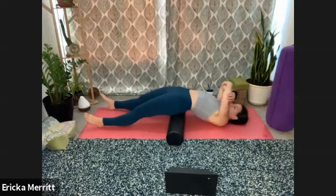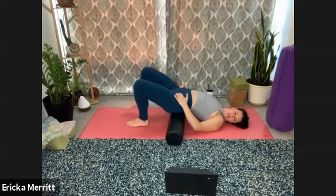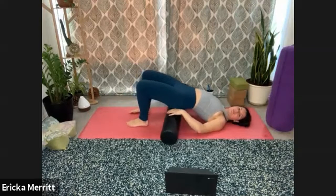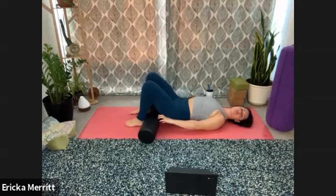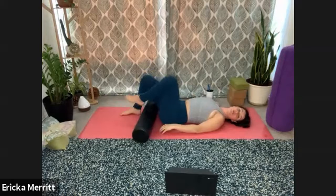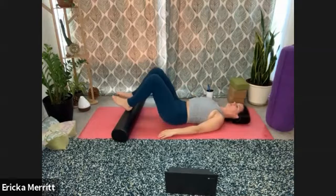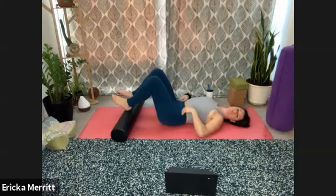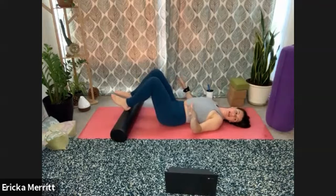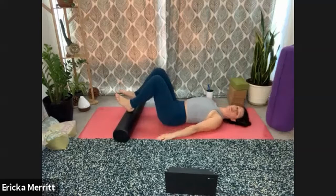Bring your arms down slowly. Bend one knee, bend the other. Lift your hips. Just slide the foam down so it's under your knees now. We're going to use the foam now under our heels. So we're going to use the foam as a little bit of instability to get into the glutes and into the hamstrings. So to begin, I want you to dig your heels into the foam, press your hands into the earth,